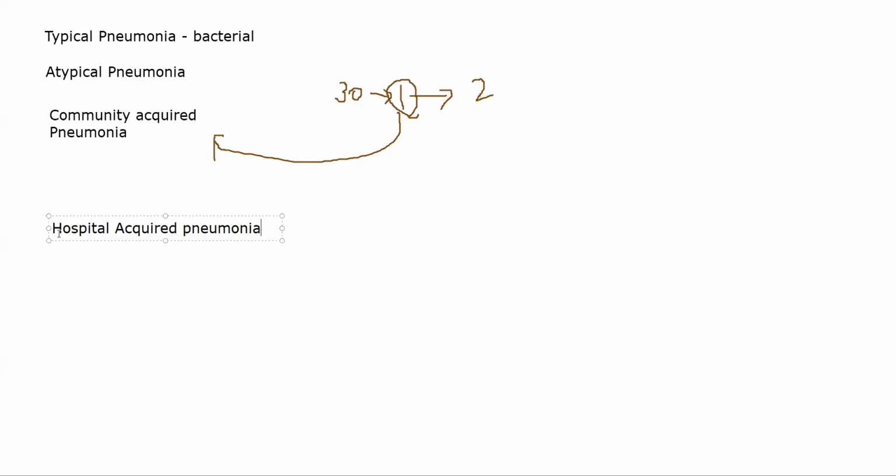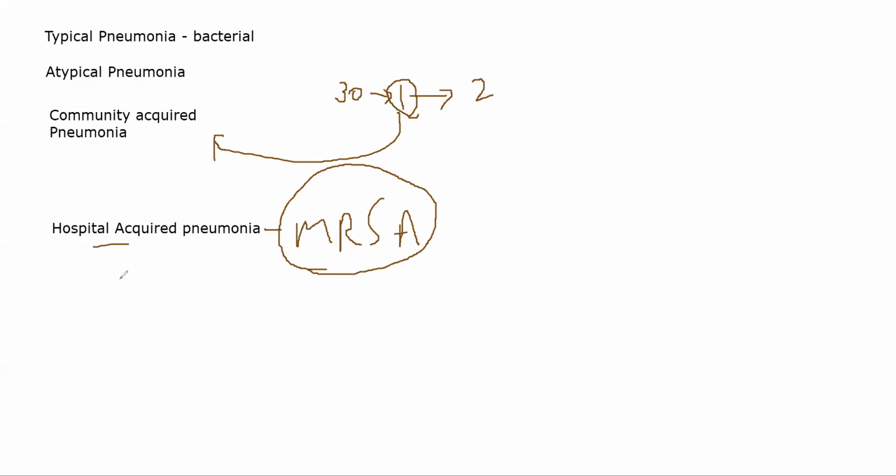Hospital acquired, on the other hand, involves a little more special organisms. They are more resistant in a way, especially MRSA. So you will have one particular organism named MRSA that is very hard to treat. That can cause your hospital acquired pneumonia. MRSA is hard to treat because of resistance. There is a lot of resistance in this organism that is present in India and abroad. So it is quite hard to treat. So will Klebsiella, Pseudomonas, Enterobacter, all of them will cause hospital acquired pneumonia. All right. You will also have ventilator acquired pneumonia if you're not changing the ventilator.